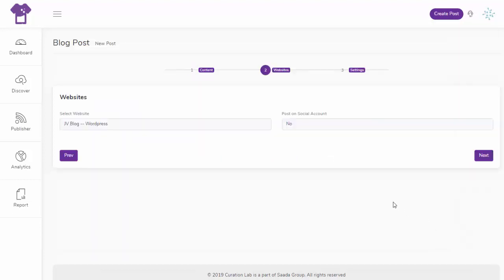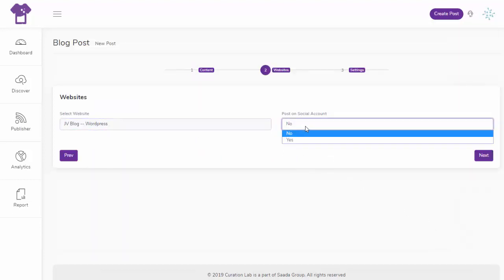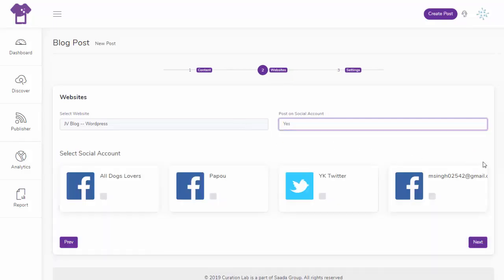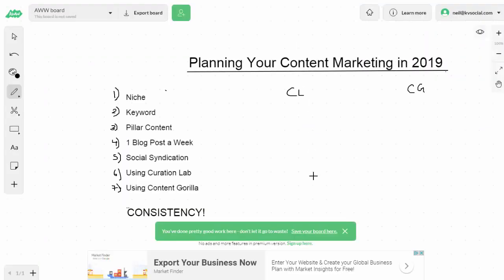Okay, so this is a simple way for you to publish content, and this one I can push both on the blog as well as social media. So if I have social media channels connected, I can automatically push out content to them as well. And you're done. Pretty straightforward, right? So you can create content in two ways, either with Content Gorilla, where you have a YouTube video and you take the closed captions from that YouTube video and you push them out onto your blog as well.